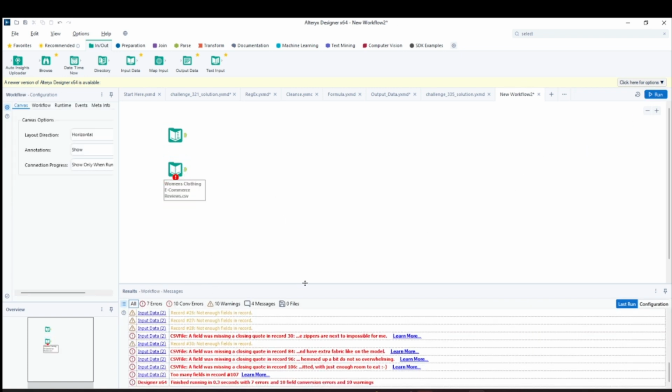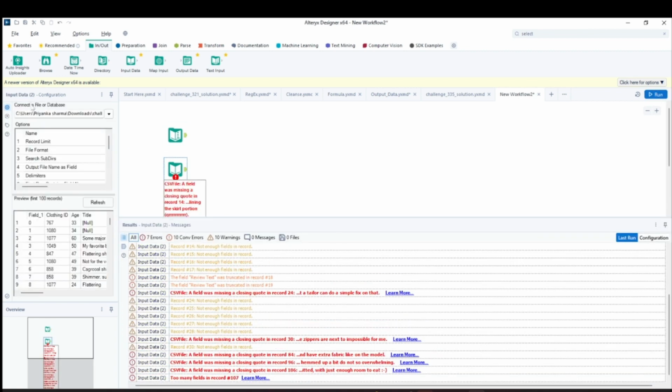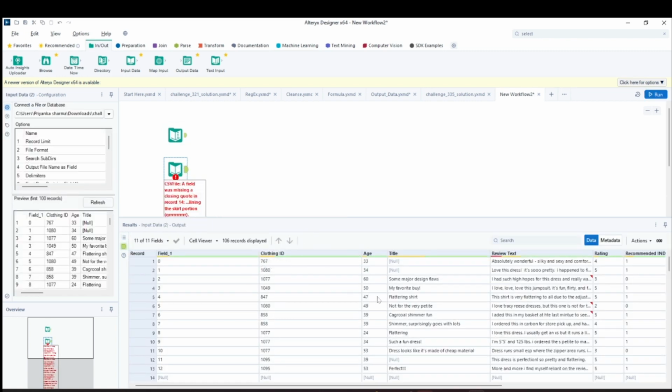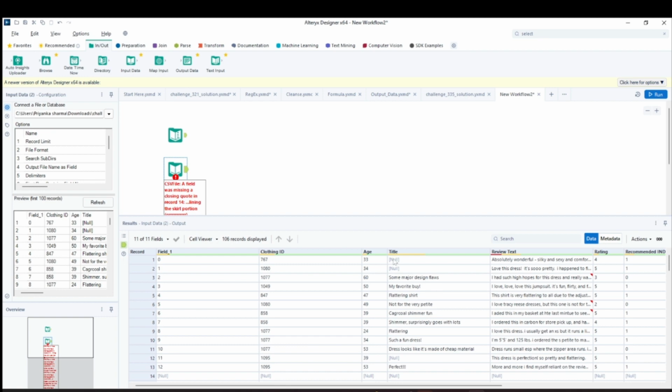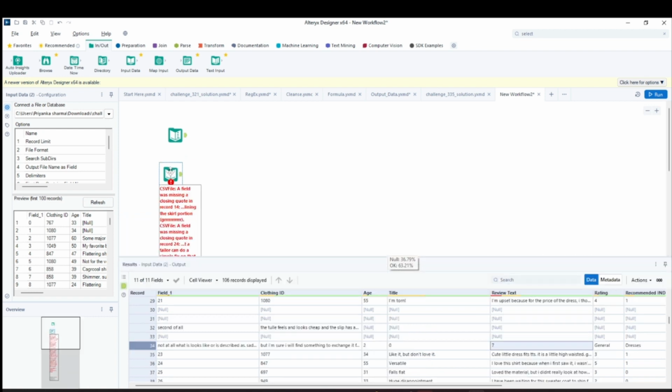This is having some problem because this data is not clean. Let me go to the configuration window and see. There are so many problems, the data is not clean. It's real industry data, that's why it is giving you a lot of problems. You've got null values, and various problems in the data set. It's inconsistent. So how do you clean this in Alteryx? It's very easy. We won't be going through the process because I'm here just to give you an overview